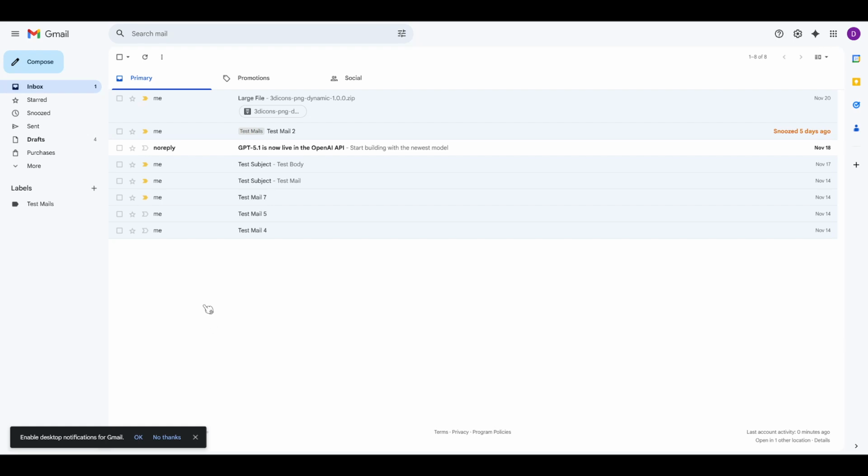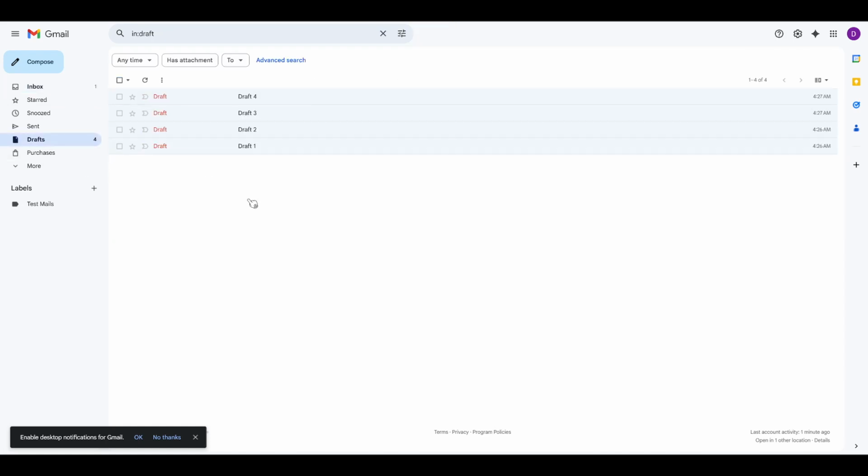Start by opening Gmail in your browser and make sure you're signed in. On the left side of the screen, you'll see your mailbox sections like Inbox and Sent. In that list, look for Drafts and click it. This opens a page that shows all of your saved drafts in one place, so you can see everything that's